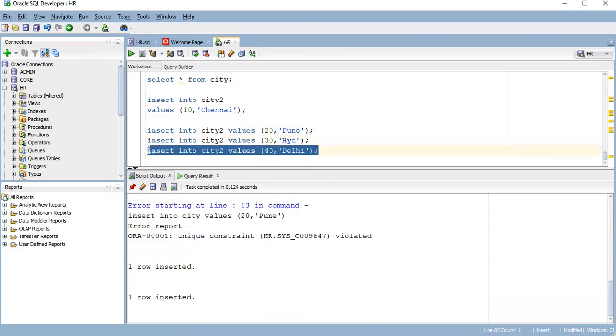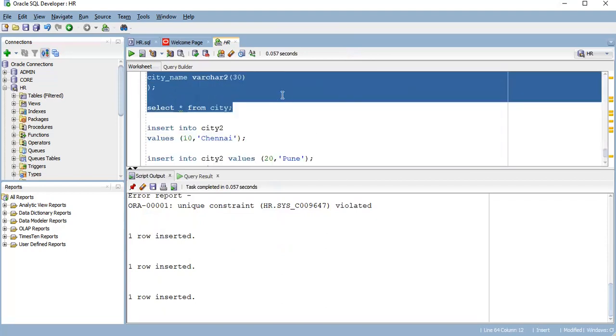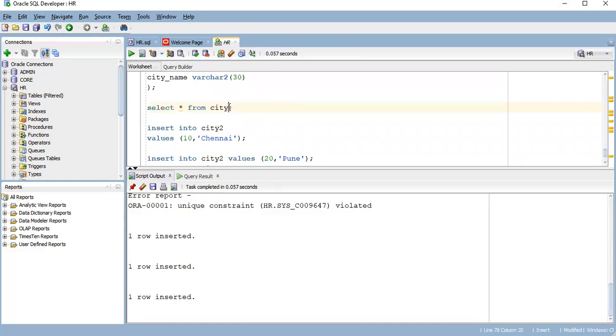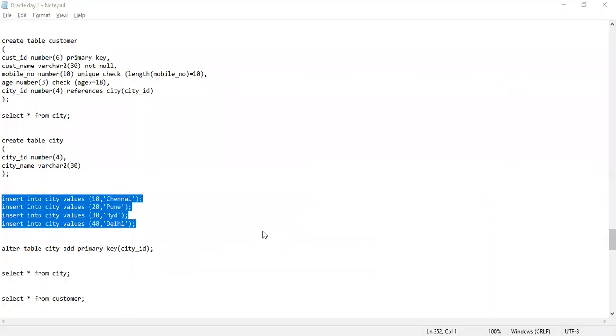So your city table is completely ready now. Select star from city2. With data, you are able to see the table. It's got hung, I think. Yeah, sometimes it may go like this. Okay. Better to